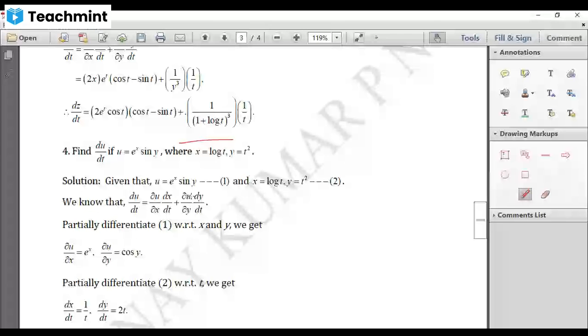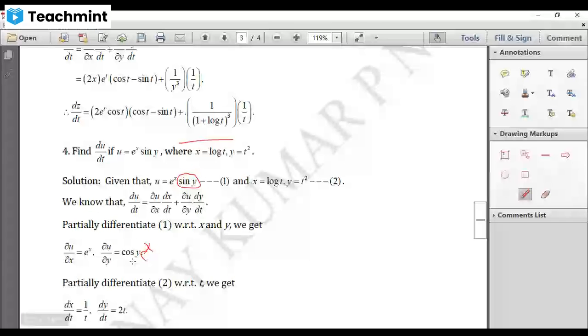Your job is to find out what these are. Your u is a function of e to the power of x, x and y. Now differentiate this with respect to x. When you are differentiating with respect to x, your sin y is constant. So what is the derivative of e to the power of x? Very simple, e to the power of x. Similarly, when you are differentiating with respect to y, your x is constant. So e to the power of x remains as it is. The derivative of sin y is cos y.